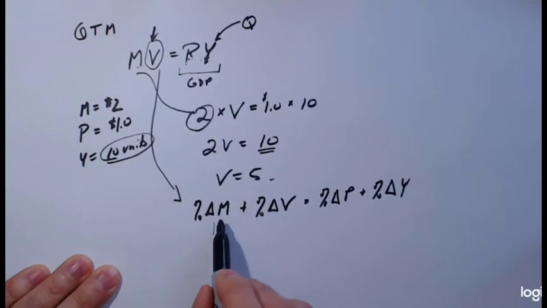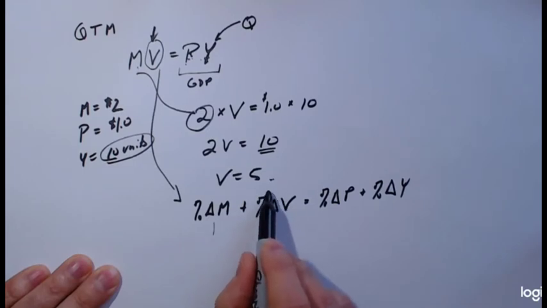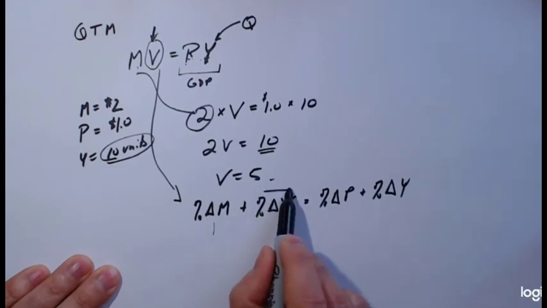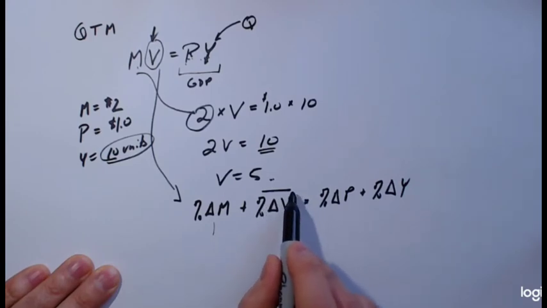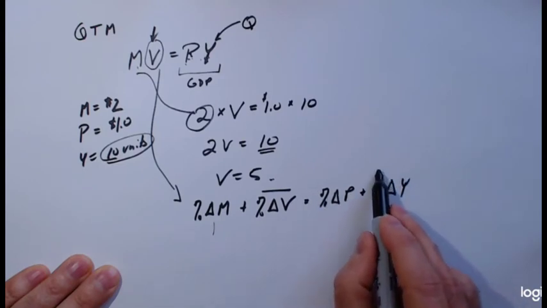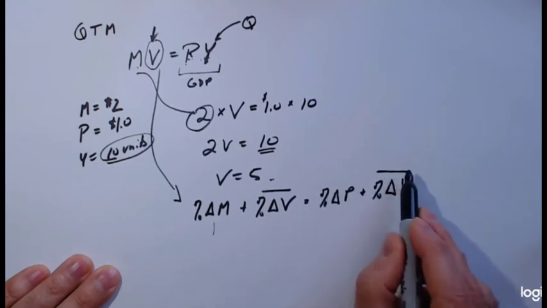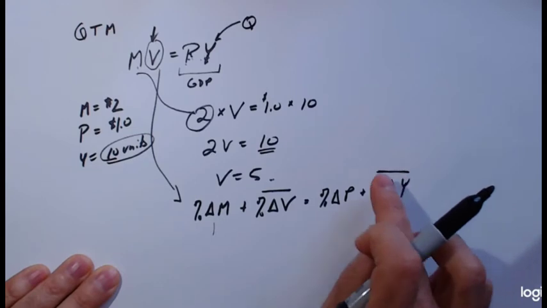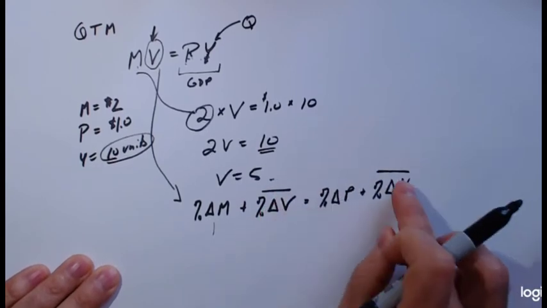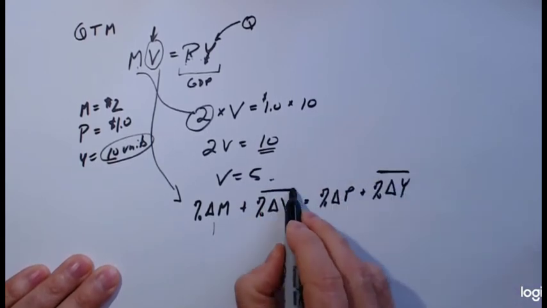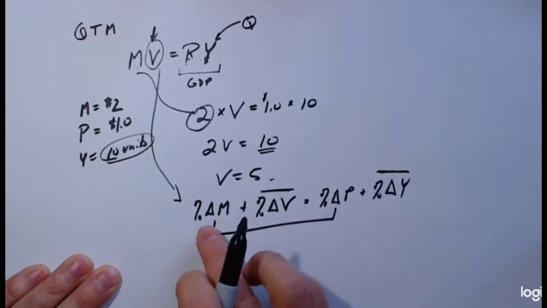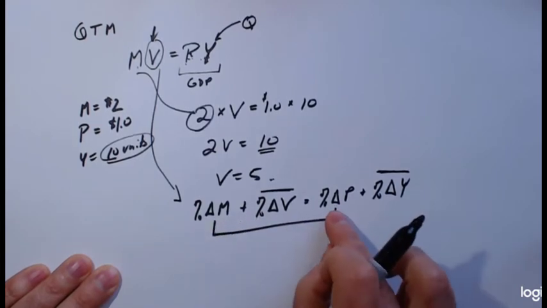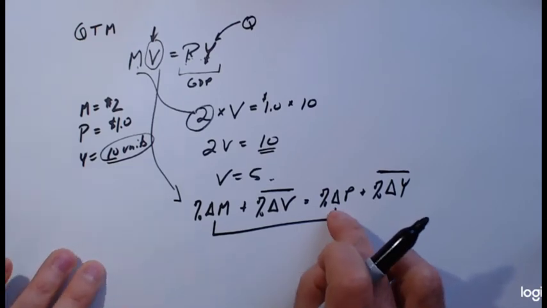This equation right here is insightful, because what it tells us is this. If we believe that V is relatively stable, the number of transactions that are used in a given year, how often money turns over, and if we look at the Y here, the change in real output is relatively stable, and that's why I put these bars over it to mean stable, then really what you see is this connection between growth in the money supply and growth in inflation.